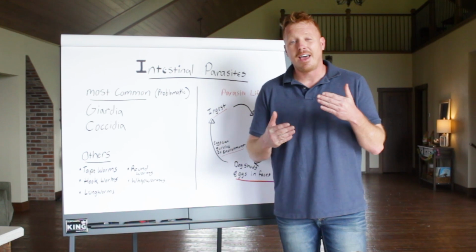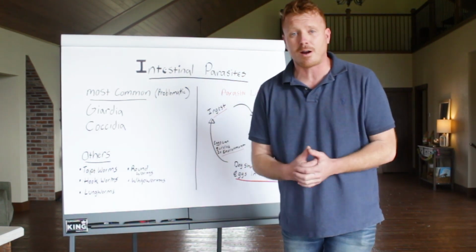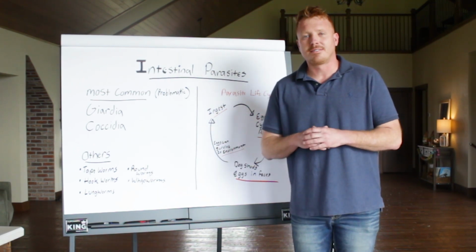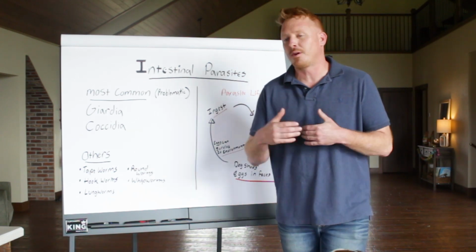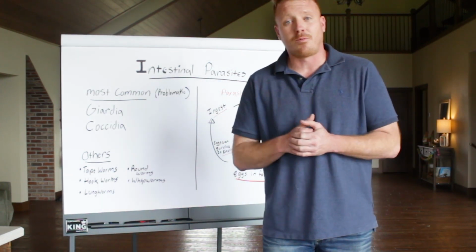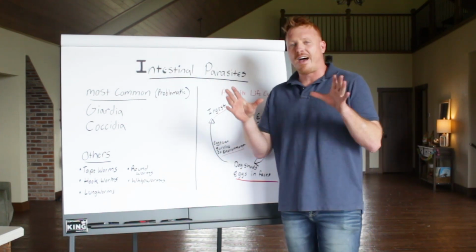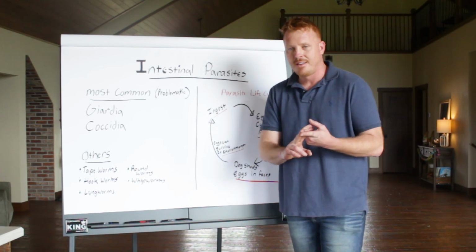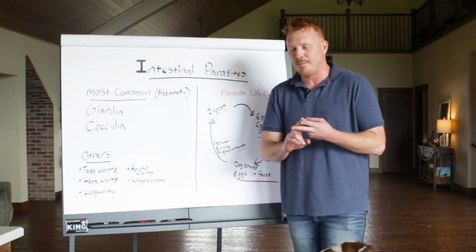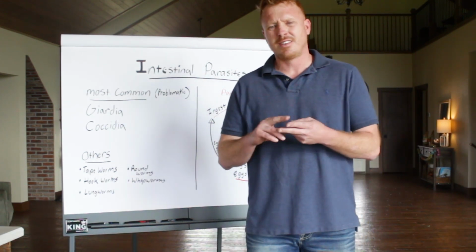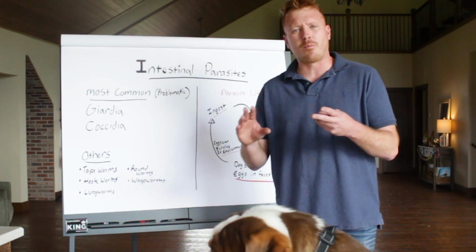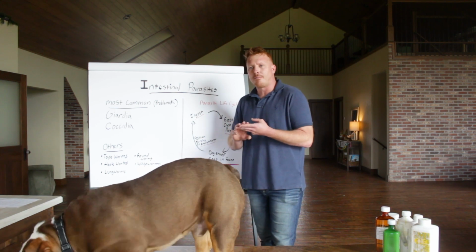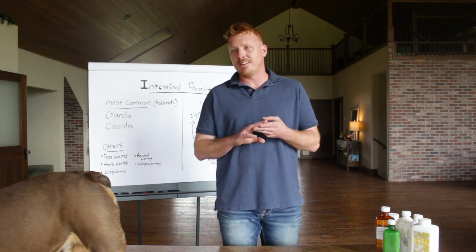And they can ingest a parasite in a number of different ways. It's usually out in the environment. The biggest thing to understand is that there are parasites everywhere. It's incredibly common. We as humans know that if we go to a different country, if we drink different types of water, we can get a parasite. But usually it's found in different types of environment. One common place is grass. Another, probably the most common, is infected water, infected dishes, water that's been sitting, groundwater that's been sitting, a mud puddle or something. And then the other most common way to ingest a parasite is through feces.